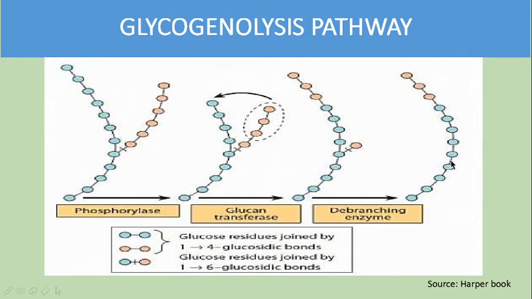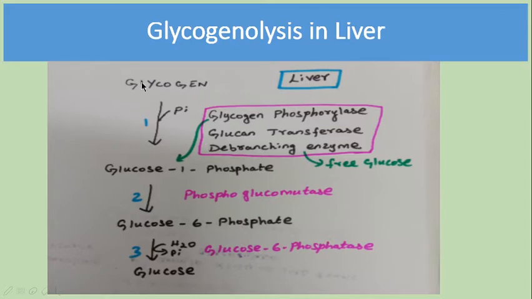One by one, it can again phosphorylate all the glucose residues, and it will cleave these glucose in the form of glucose 1 phosphate. So this is the entire pathway. By the action of this glycogen phosphorylase, you get glucose 1 phosphate, and with the help of glucose transferase, 3 glucose units will be transferred to the other branch point, exposing the alpha 1,6 glucose residue for the debranching enzyme to do its action. With the help of debranching enzyme, that one single glucose will be cleaved, and it will be liberated as free glucose.